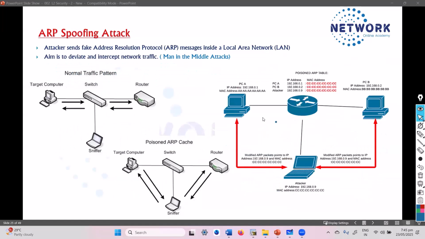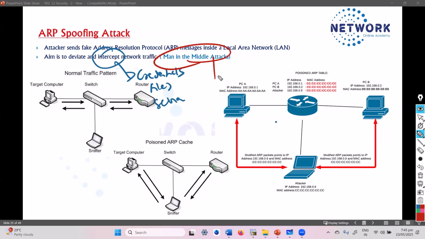So we need a solution for this. That's the ARP spoofing attack, where the attacker aims to deviate or intercept the traffic. Intercepting the communication basically means sniffing the credentials or the passwords or specific files, or any session data or session information which can be useful for the attacker. That can be one of the possibilities.